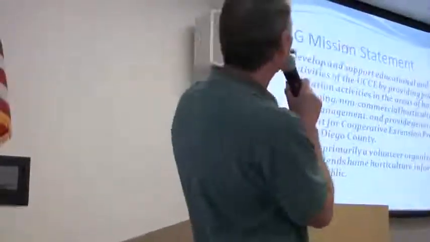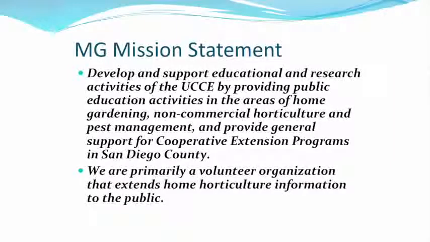Let's move on then. The mission statement for the Master Gardener program, and I've put two statements up here, and I'll go ahead and just read those. To develop and support educational and research activities for the University of California Cooperative Extension, providing public education activities in the areas of home gardening, non-commercial horticulture, and pest management, and provide general support to the Cooperative Extension Office. The most important part of this statement is,